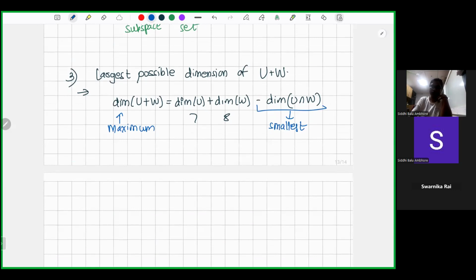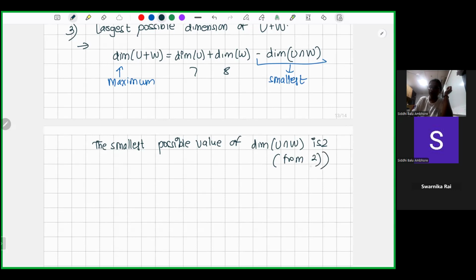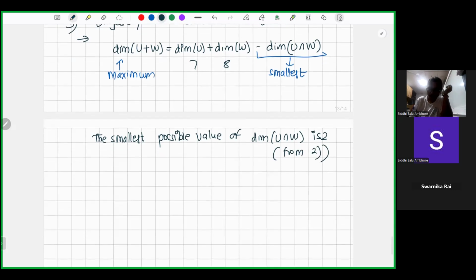So therefore, the smallest possible value of dimension U intersection W is 2, from part B, the second part. So therefore, dimension of U plus W, 7 plus 8, is